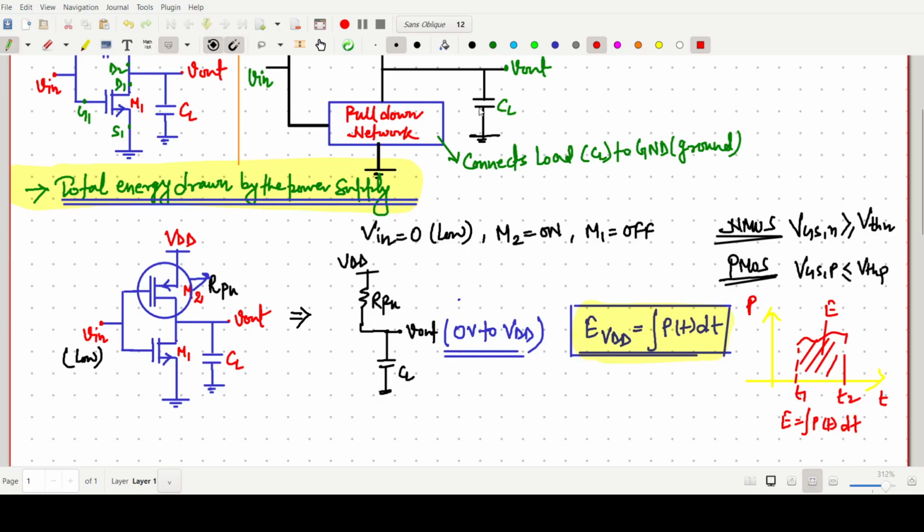So now one can write this E_VDD, energy drawn from the power supply, is nothing but simply the integral, where the value of VDD will change from 0 to VDD, and P. So P equals VI. One more formula I am writing here, VI. For a particular time instant, the current flowing through the transistor is iD(t) dt. Power equals VI. So VDD and the